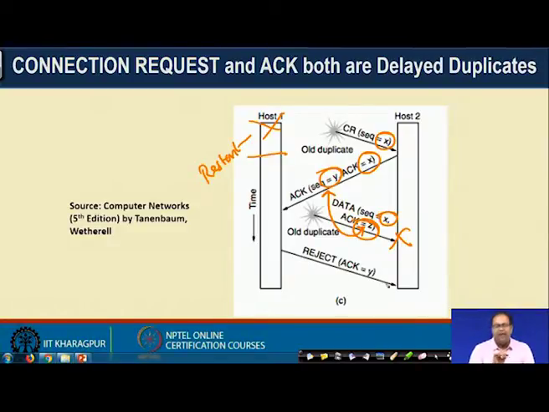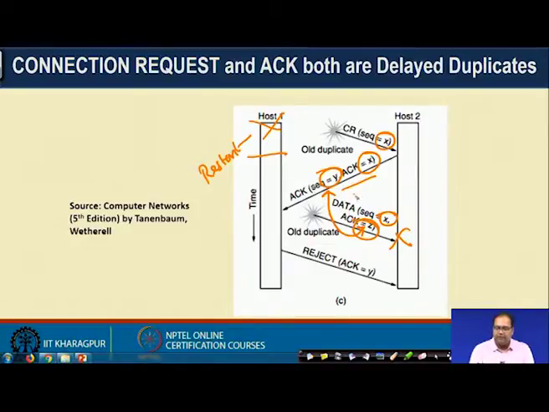This way you can identify that the connection request was a delayed duplicate, which was identified by host 1, and it sends a reject message. And host 2, whenever it looks at a different acknowledgement number, acknowledgement number z, compared to the one it sent with its own acknowledgement,